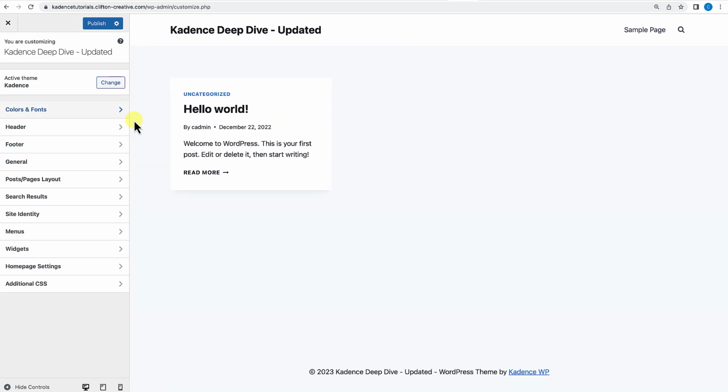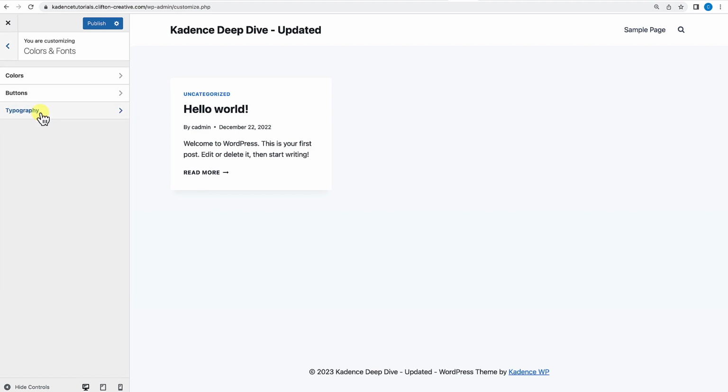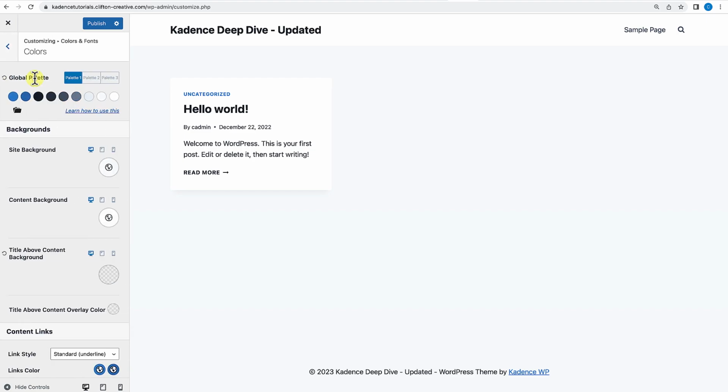The first setting in the customizer is going to be your colors and fonts. If you access the colors and fonts tab, you'll be presented with the colors, buttons, and typography settings for the website. Under the colors tab is where you'll find the global palette for the website, which is essentially the color scheme for the site. As you can see, we have a blue color scheme going on here with these blue tones. You have up to 3 color palettes where you can store 2 additional palettes and have one be active